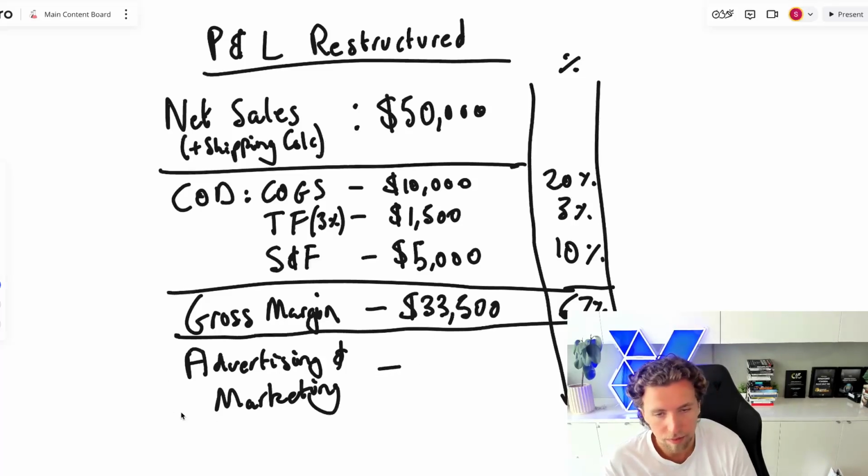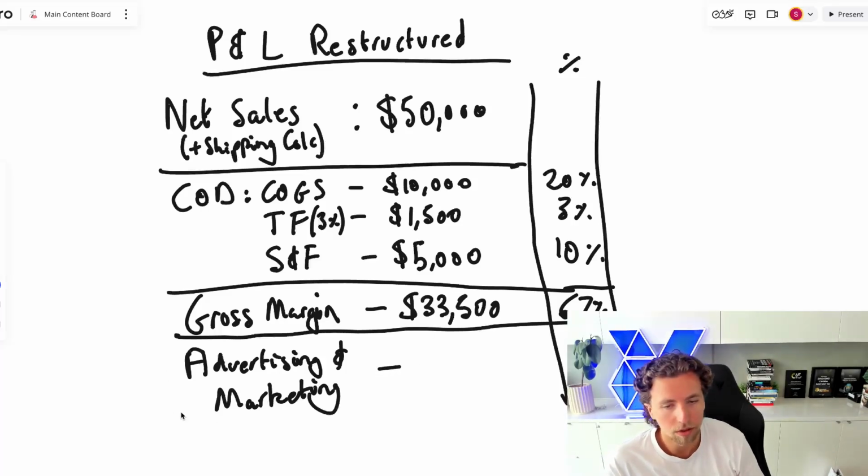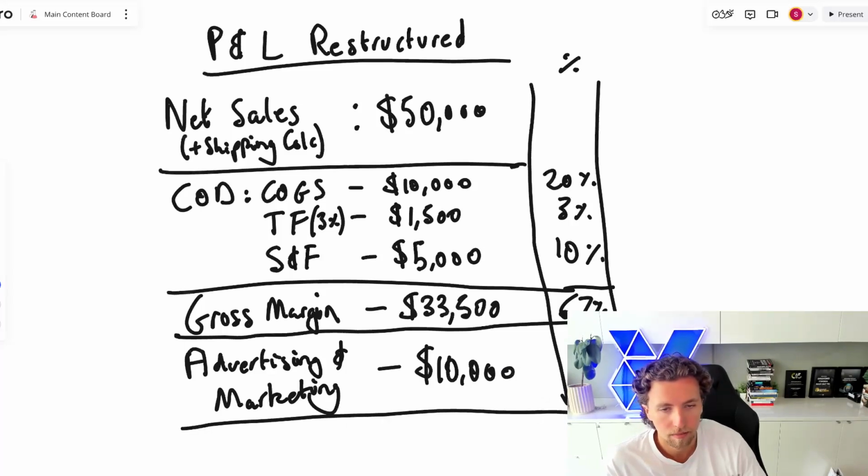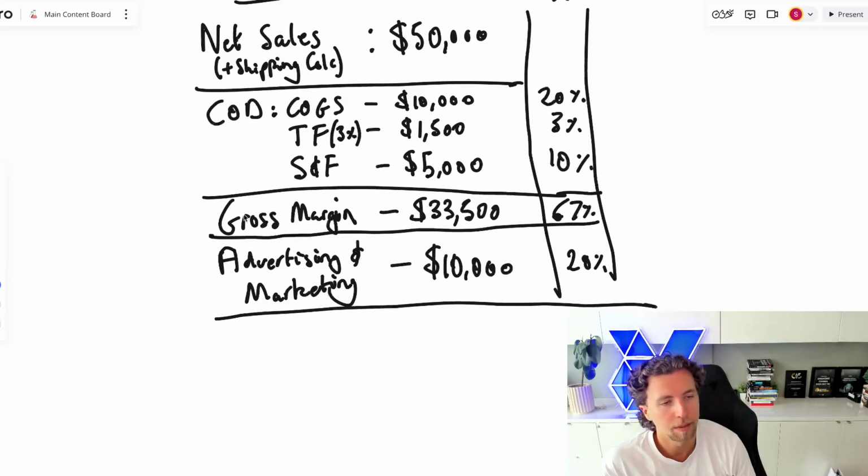Now, if you're a marketing agency or someone that works on Google and Facebook ads, this is what you're going to be in control over within the P&L. So let's say we've spent $10,000 here. So this would be 20%. Which then, once again, we're going to take a break and sum up and find a new line item here. So we've got our gross margin, and the next line that we're going to find is